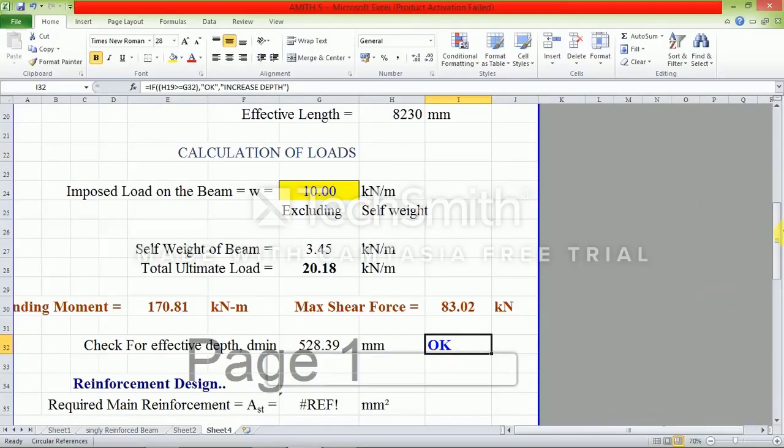This is how we can do it. There are some flexible components which are mentioned in yellow markings. By changing those, we can do the design. A person who does not have any knowledge about structures can do the design. The only thing is the knowledgeable person has to make the format in the Excel. That is the beauty of Excel.